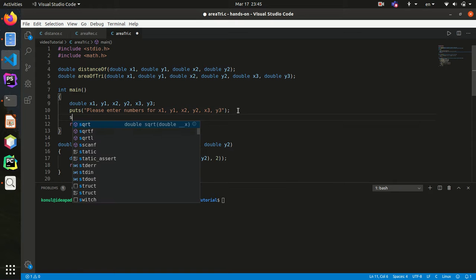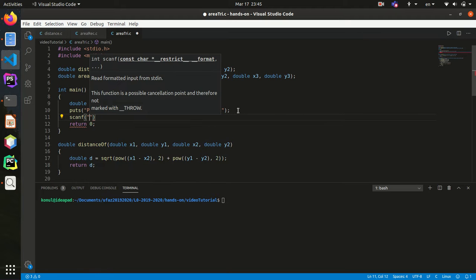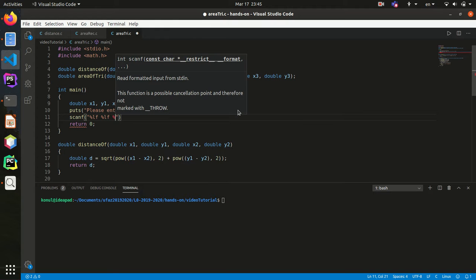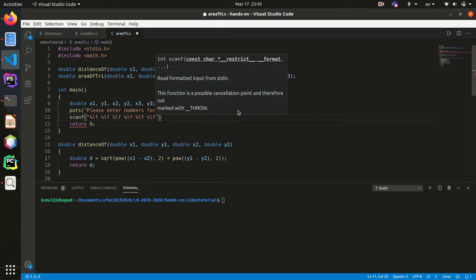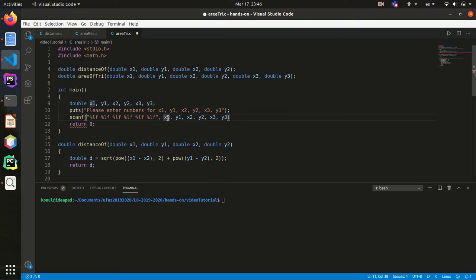Okay, and then I'm gonna save them inside of the address of those variables. So I'm gonna use 6 %lf here. 1, 2, 3, 4, 5, 6. Okay, now the variables, actually the addresses of those variables. Oops, I did something wrong, but okay, never mind. So here